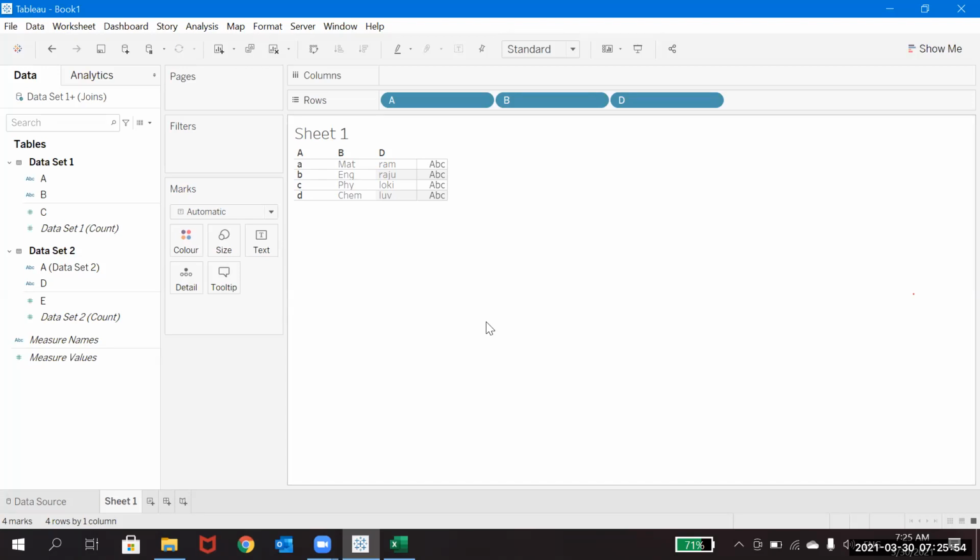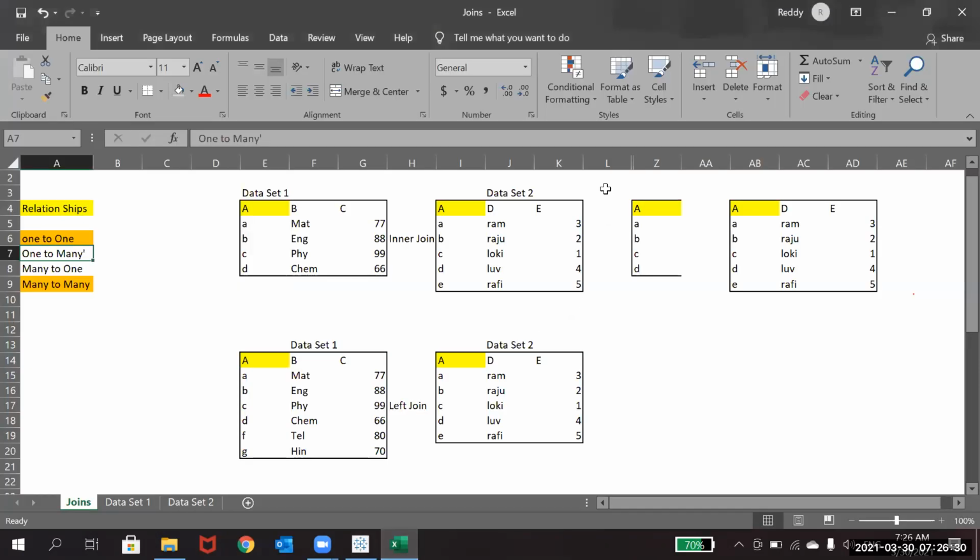With joins, anything you do will affect the data set. When it comes to relationships, this is also similar to blending, but in this case it will always work like an inner join. Whereas the blending concept is a little different: you need to connect the data sets as two different data sets, and then it will work. I think you might be having a little confusion here, so I'll clarify it once for you guys.